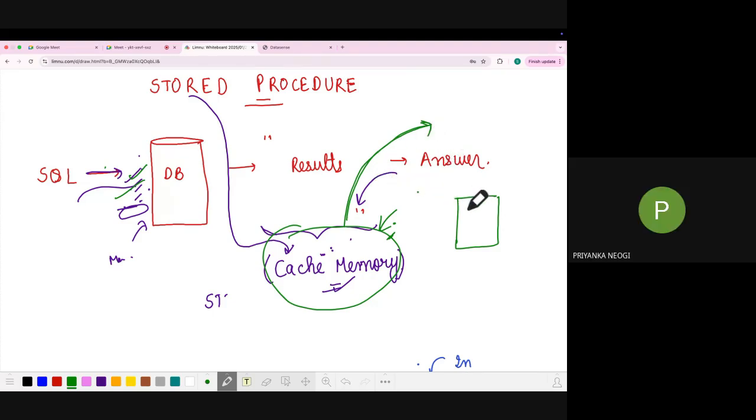Then we don't need a server or something? No, sir. Why don't you need a server? Where is your cache memory stored? It is stored on the server only, right? If we need the server, then how will this work? It is going to cost a lot. No, in the server you'll be allocated a space.